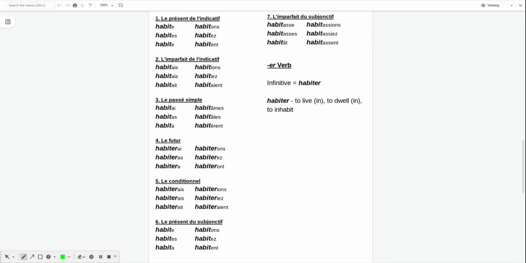So we have seven simple tenses, and in 2 of those tenses, we're going to use the full infinitive form, and that's le futur and le conditionnel. You can see that these endings that we add to the infinitive here are